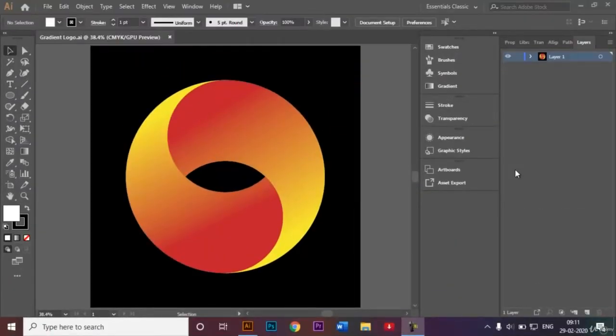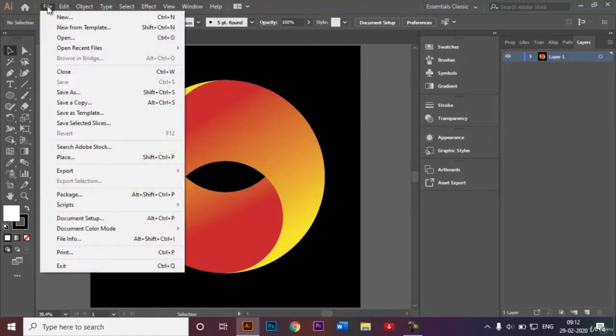In this tutorial I will be showing you how you can recreate this simple gradient logo. Now it's really easy to do, and let's dive right in. So the first thing I'm going to do is open up a new document,